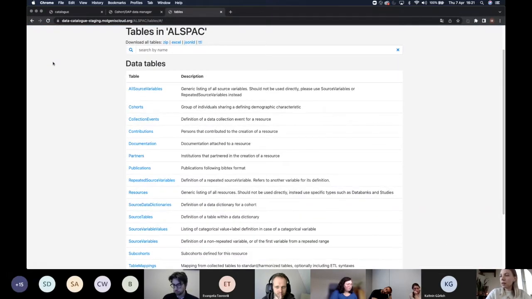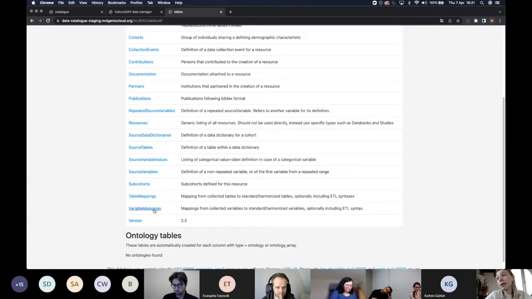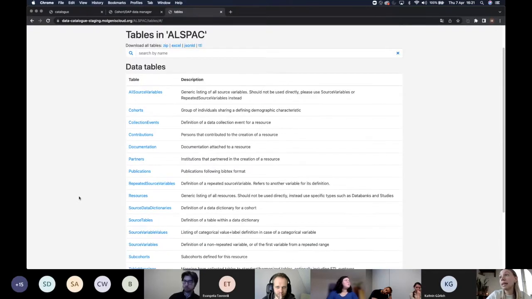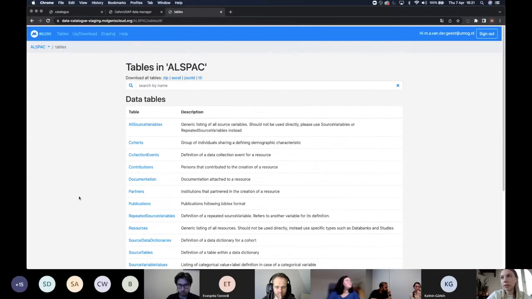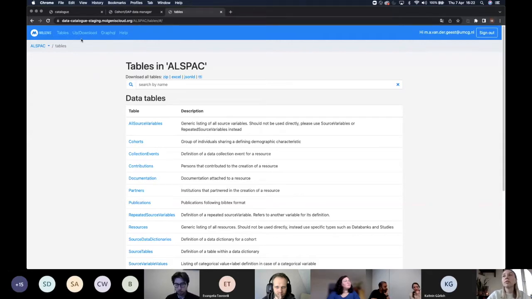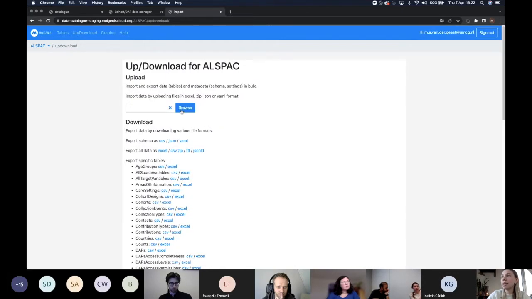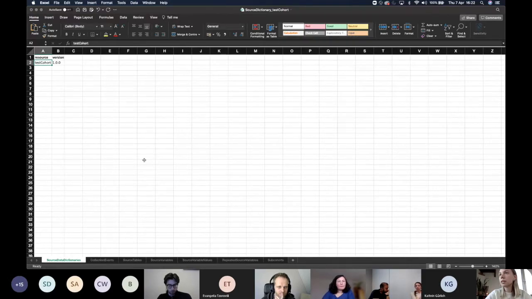Then there are also different tables for your source variables, but also for your variable mappings, table mappings, and you can fill these out by using the templates. After you filled out the templates, you can go to up and download, and you can click here on browse and select the template and upload it to the tables. So let's have a look at these templates. Let's start with the source dictionaries. This is an example that's also in the manuals, and